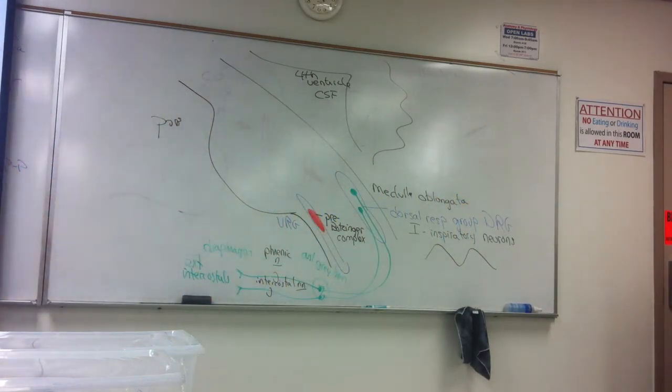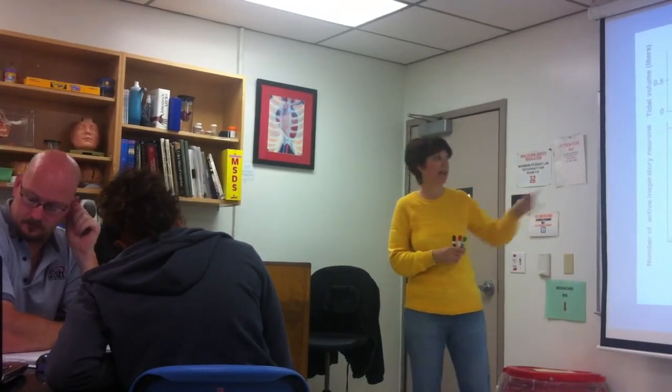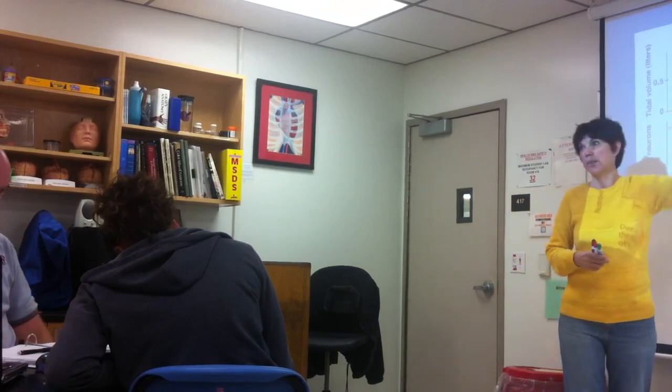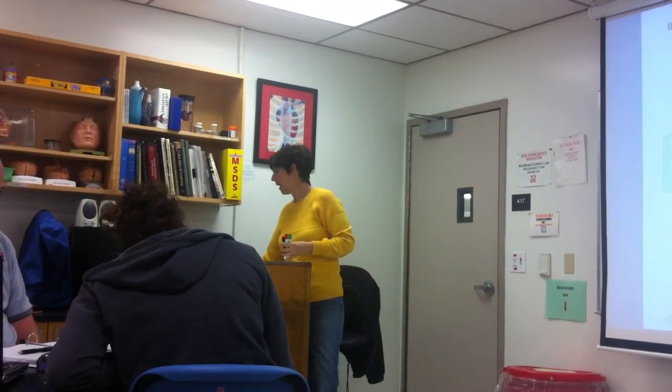If we have the pons information smoothing this out. If all we have is the dorsal respiratory group, then it doesn't look like this, okay? But with normal passive breathing, with both the pons and the medulla working, that's the pattern that we see. Okay, but it takes the pons to smooth that out. Now, let's say